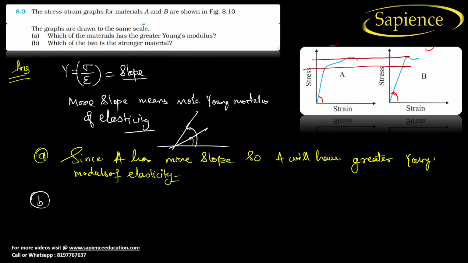See here, the value for B has more strength, but we always check strength from the curve when it leaves the straight line. Okay, so here it means that for A we have this amount of yield strength, and for B we have this amount of yield strength. So from here we can see that the yield strength for B is greater than the yield strength